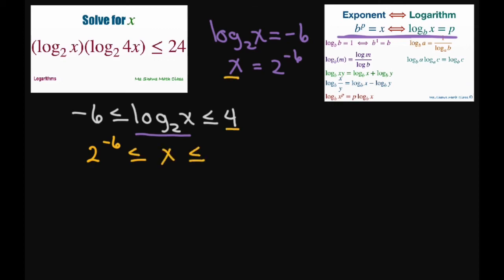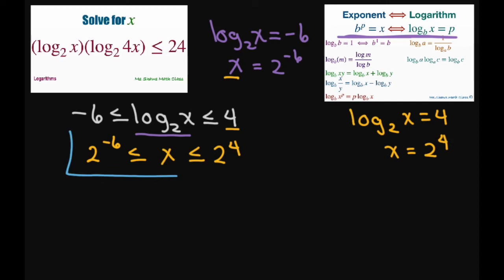Now for this piece, we do the same thing. This is going to be log base 2 of x equals 4. So that means x equals, the base is 2, to the power of 4. So you have 2 to the power of 4. And this is a good way to write your final answer,